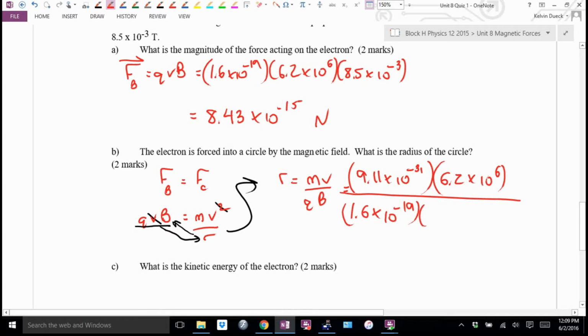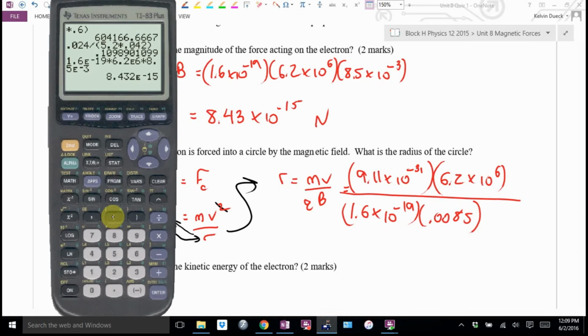B, magnetic field in Teslas, which was 8.5 times 10 to the negative 3, 0.0085. So 9.11 times 10 to the negative 31 times 6.2 times 10 to the 6th, divided by 1.6 times 10 to the negative 19 times 0.0085. You get